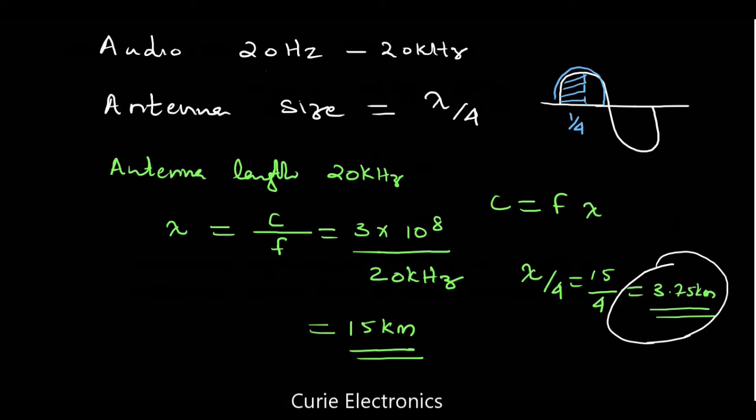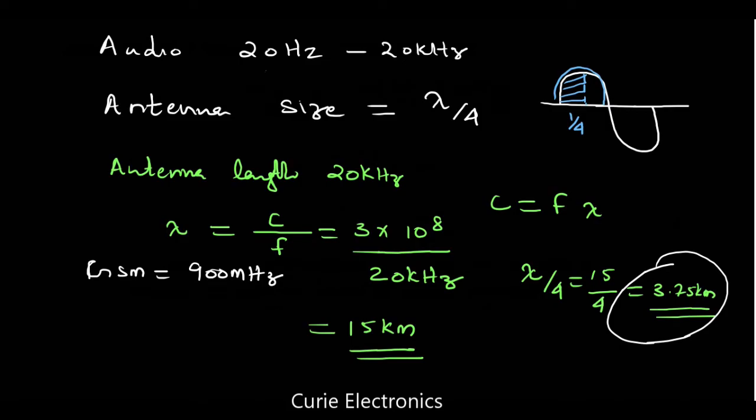Now you take the case of mobile communication. What is the frequency we use for GSM? There are different bands. We will consider 900 megahertz, because all of us are using phones. In the phone, there is an antenna.